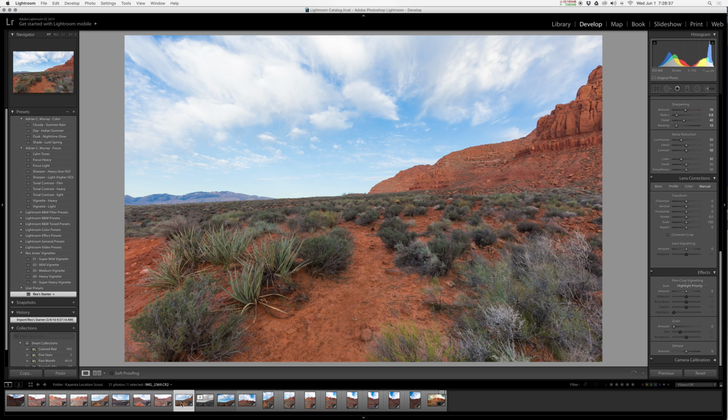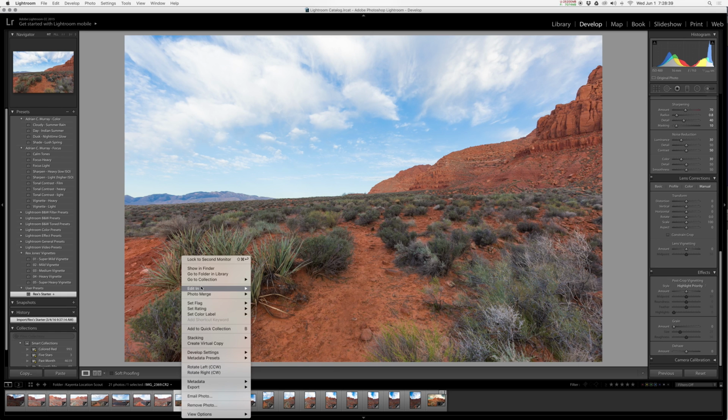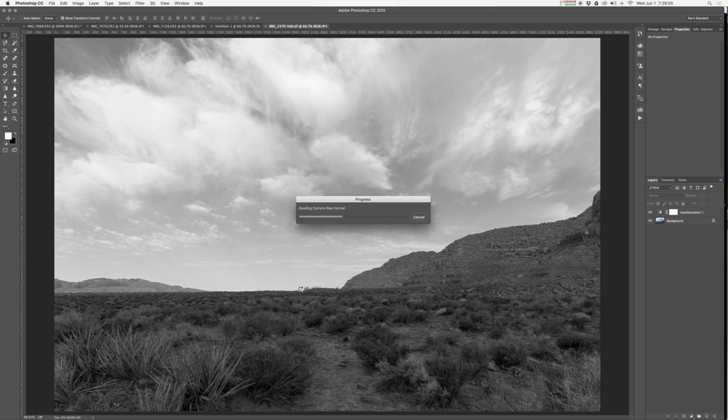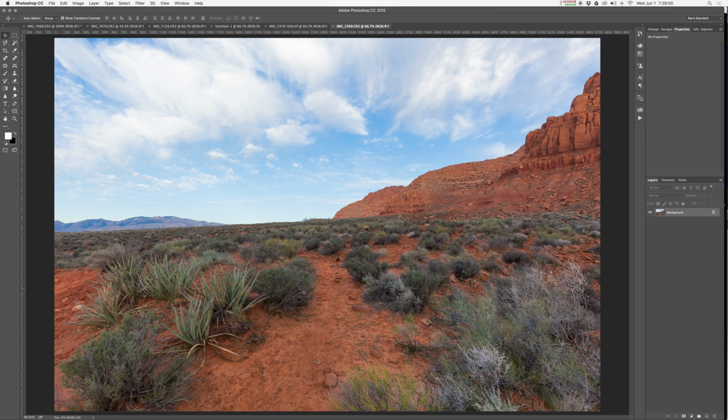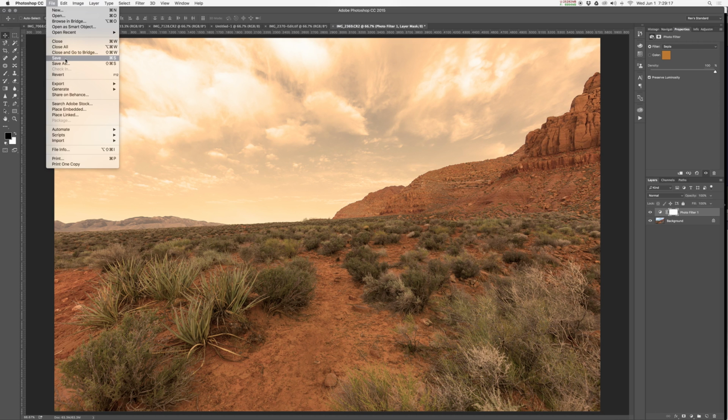We'll use this image. So we right click, edit in Photoshop. Now yours may say a different version of Photoshop, but the handling is all the same. It doesn't really matter. Click it. And there we are in Photoshop. I'm just going to do a very simple adjustment. We're going to colorize it, make it sepia. And when I save it, remember, File, Save,